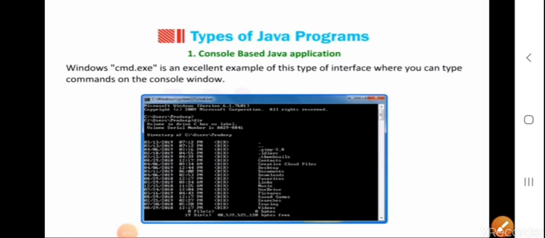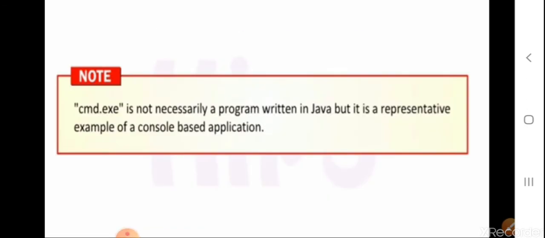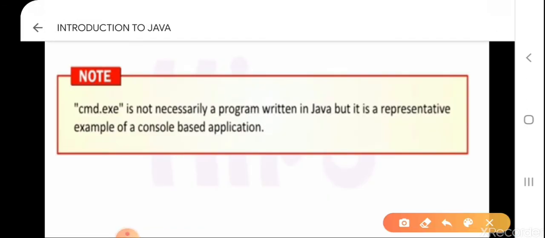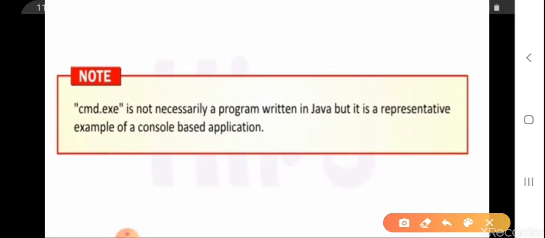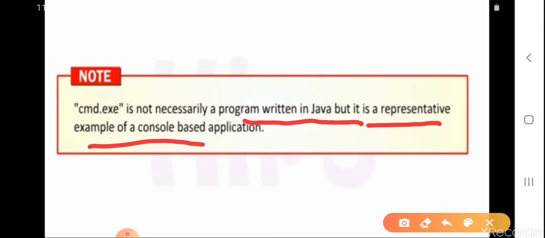But students, cmd.exe is not necessarily a program written in Java, but it is a representative example of a console-based application. So, we can say that cmd.exe is a console-based application, but we cannot clearly say that it has been created using Java. But can we create console-based applications using Java?